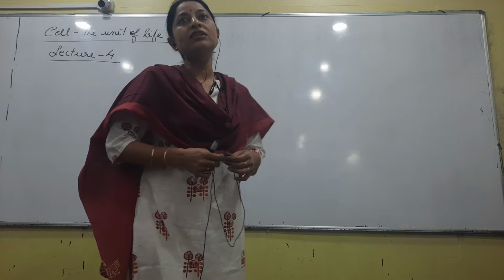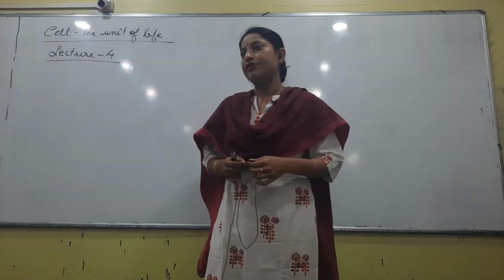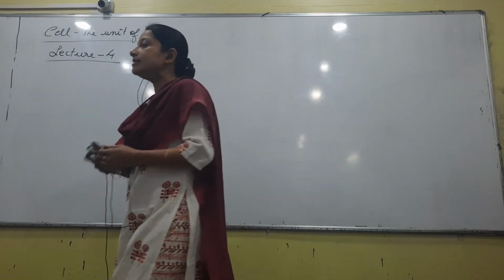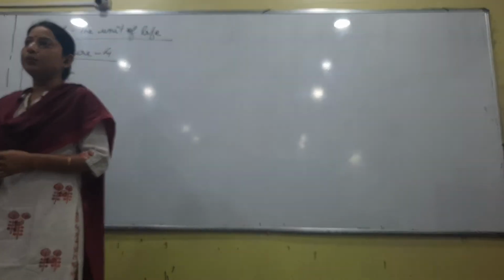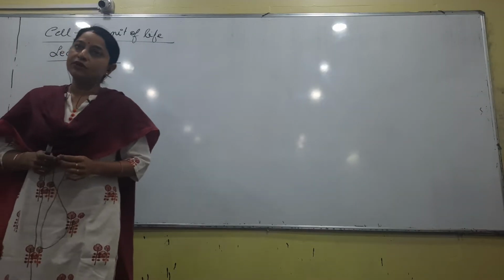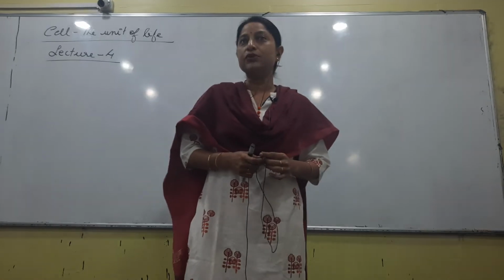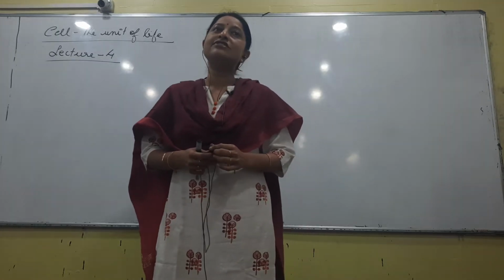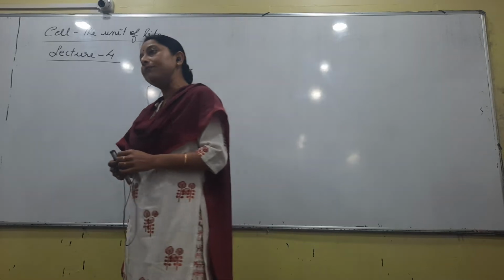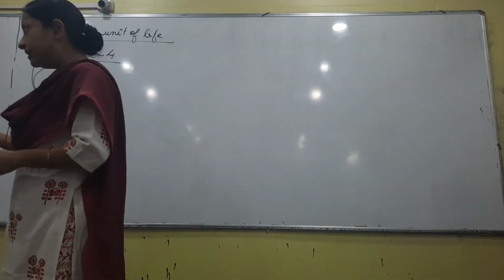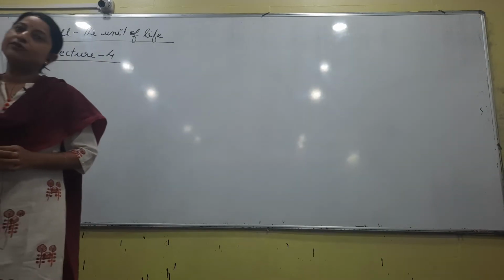The cell wall is the chief characteristic of a plant cell, and the plasma membrane is present in all cells. This is something that we know. As far as how the plasma membrane looks, various scientists from time to time have proposed various models regarding its structure, and we will be studying 3 of them. In the last class we completed the first one, that is the sandwich model.